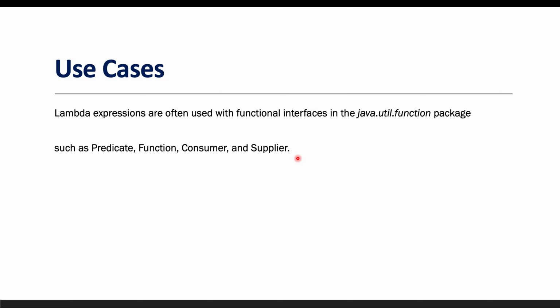They each have different functionality, similar to the existing ones, like Runnable and Callable, which are used as part of multi-threading, and Comparator, which is used for sorting collections, right? Similar to that, these interfaces provided by Java are going to provide different kinds of functionality. We will see with the help of examples what those functionalities are.